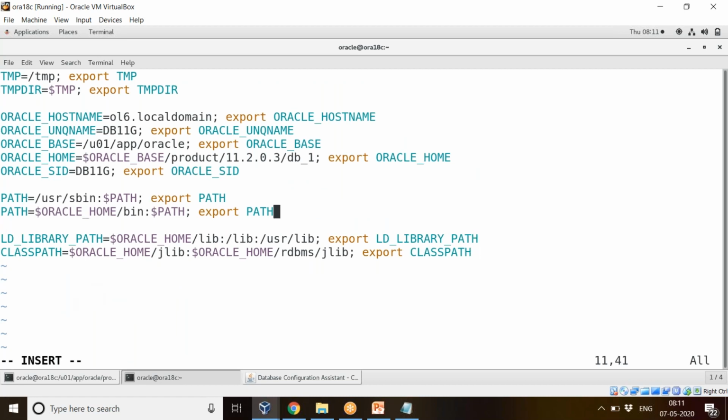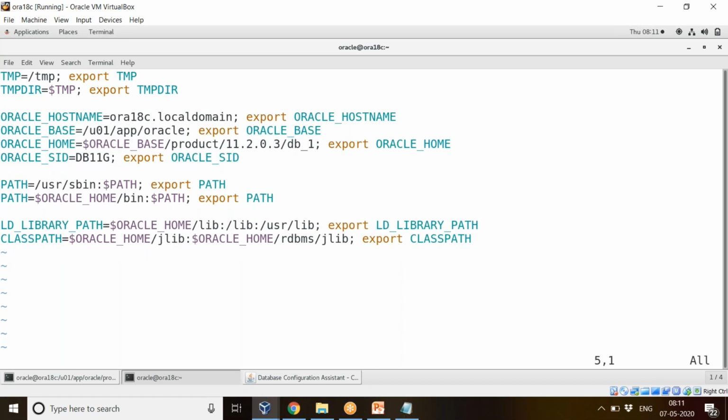Okay. So here Oracle host name I should change. My host name is ora18c. Fine. So I'll give ora18c.local domain here. Then here Oracle unique name and all not required because so many databases I'll be creating, so I don't require. Now Oracle home I'll give. So Oracle home as usual, Oracle base /product. Oracle base means what?